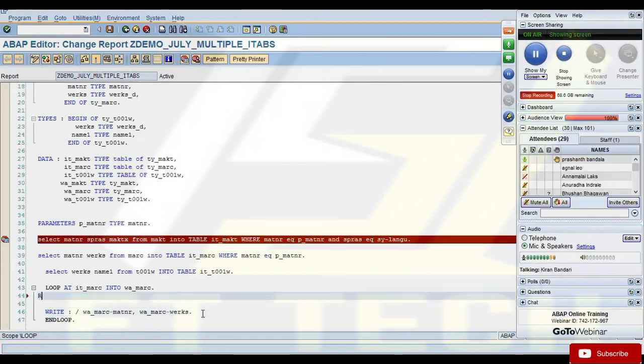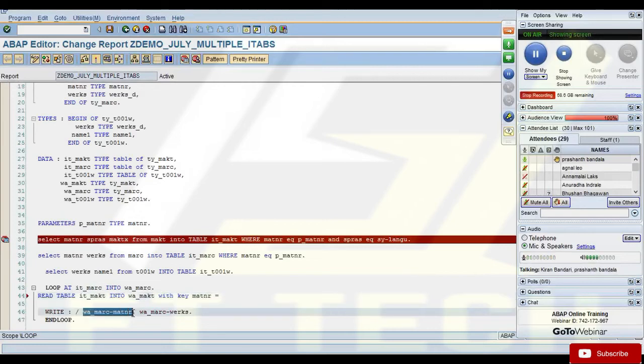So how do I write my read statement? Let's say first we'll write it for MAKT, read table IT_MAKT into WA_MAKT, right? You want to use index or how you want to read it? We'll use key. With key, MATNR equals to whatever material number you are printing.